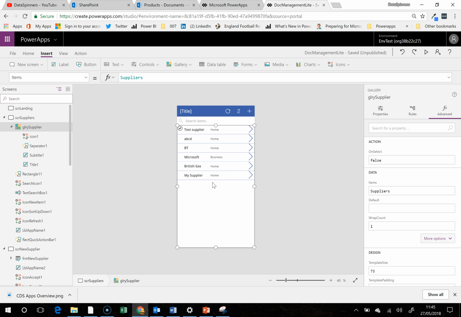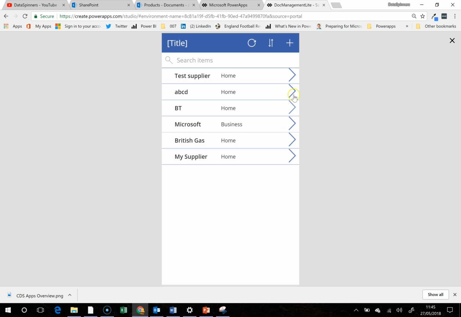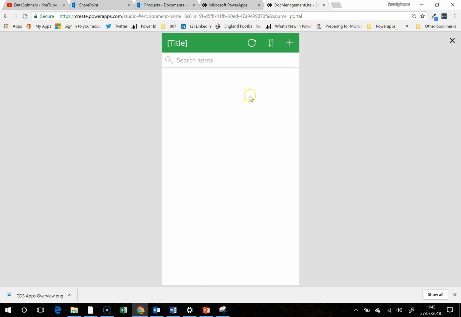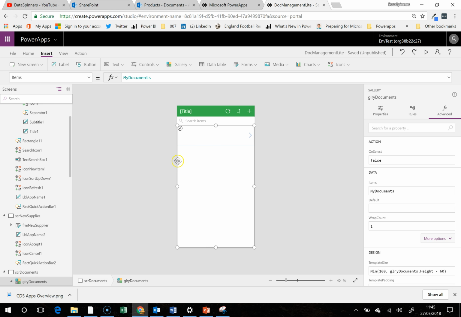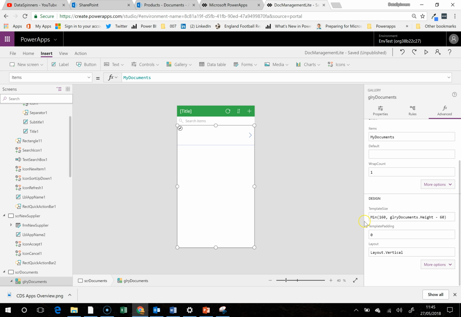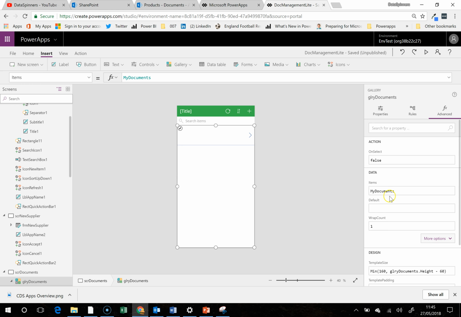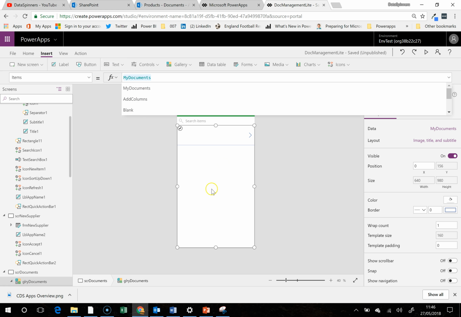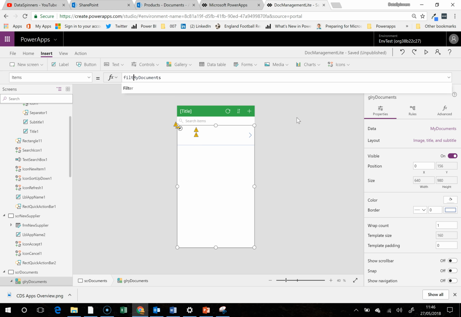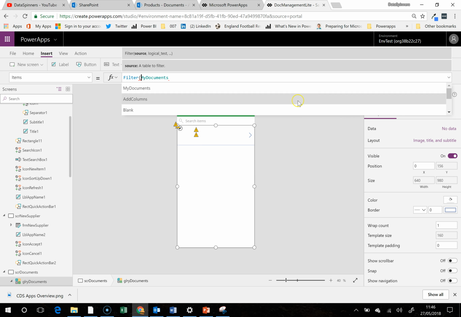So the navigation should still work. Good, that moves us on, but what we have at the moment is no documents at all. What I'm going to do though, before I'm too much older, is go onto the properties here. I need to make sure we look at this screen, and we're going to do filter my documents where